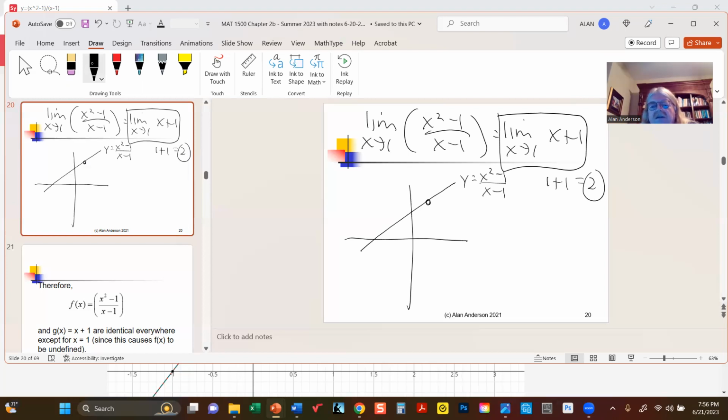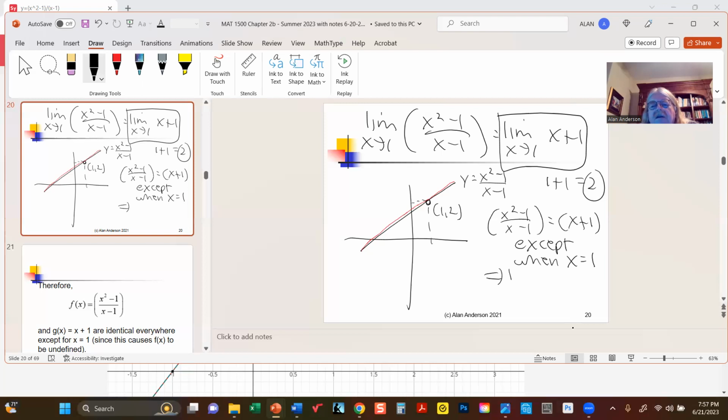This function is this straight line with a hole in it at 1, comma 2. The function x plus 1, I'll try to draw it in red here, is the exact same thing except for that one point. So the key here is that they're equal to each other except when x equals 1. Therefore,